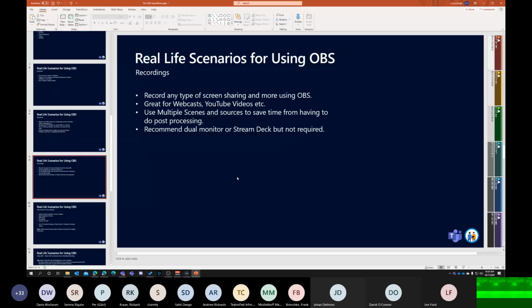All right, for recordings, it's pretty much going to be the same thing as streaming, but it comes in handy for doing webinars, webcasts, things that you want to record and then upload later to YouTube, or maybe even do some editing. Some of the advantages of doing recordings in OBS is kind of bypassing some editing time, because a lot of times you're going to have